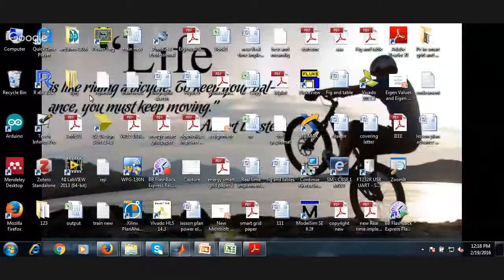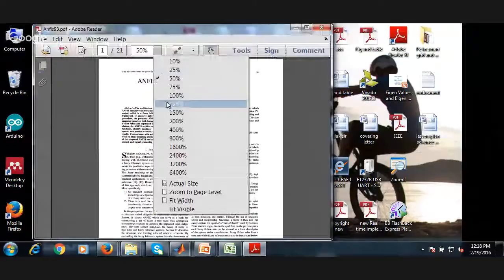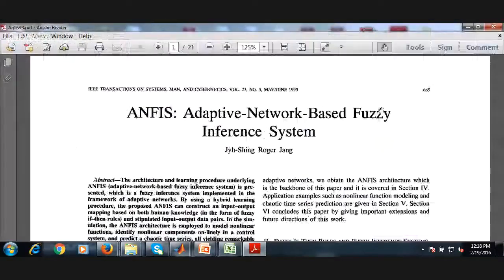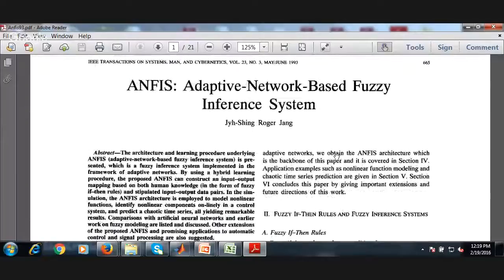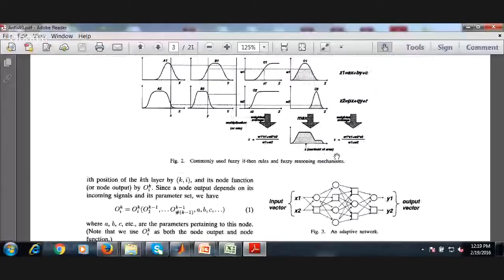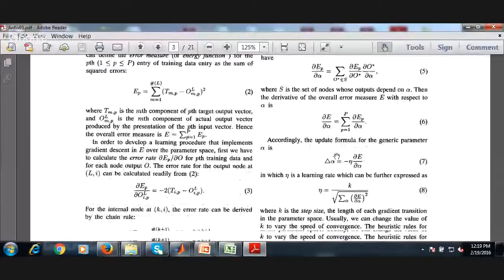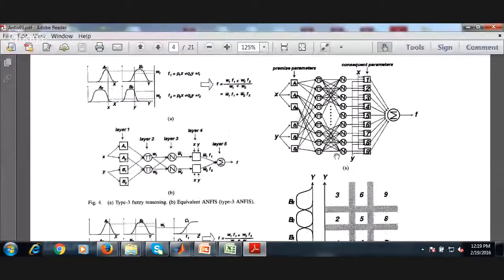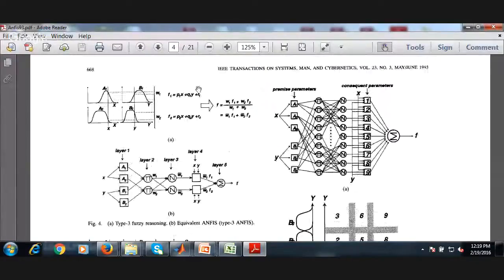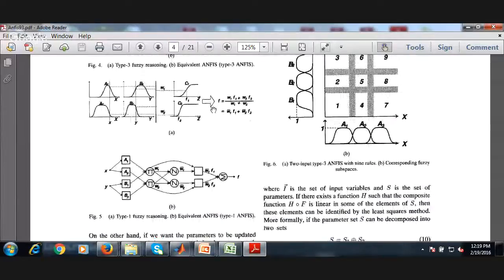So I'm just showing you the ANFIS paper. So this is the adaptive neuro-fuzzy inference system paper, by Jyh-Shing Roger Jang. So this is an IEEE Transactions paper. You can just go through it. What are the different models of adaptive systems available? And here they have clearly explained all the functions and the internal things. So I have also taken the explanation from this. Here you can see A1, A2 and B2, the functions, how it's defined. So they have different clear correspondences, like you have